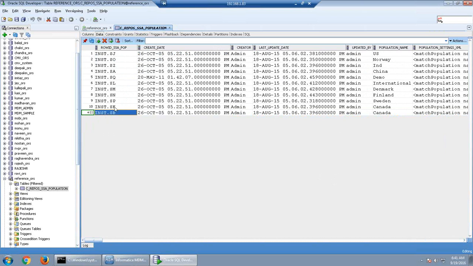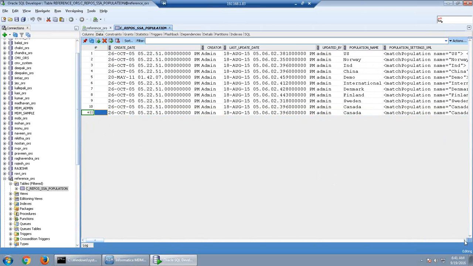That will make this a unique row ID SSA population. Then we need to know the population name we are passing. For example, for Great Britain, the support team will tell us the exact population name we have to use. For Britain, we have to use GB.